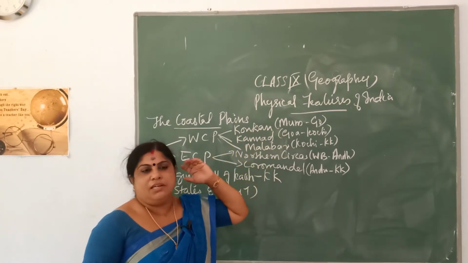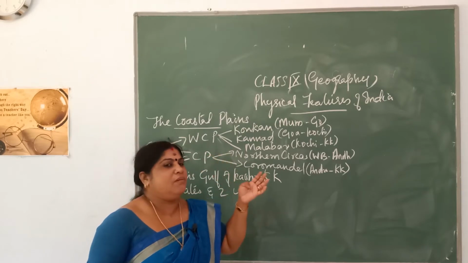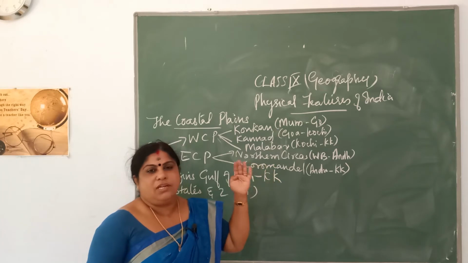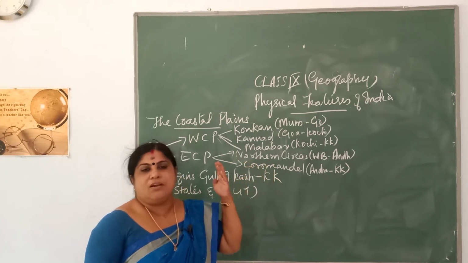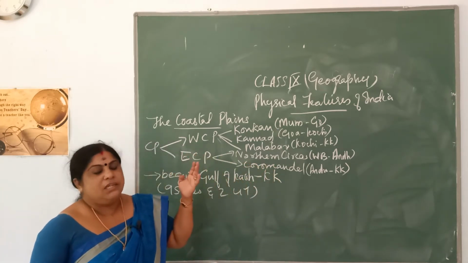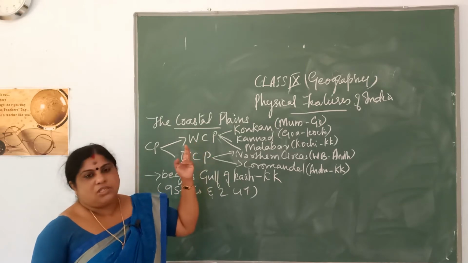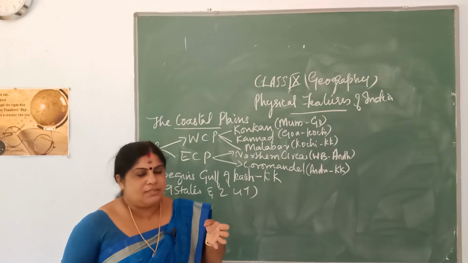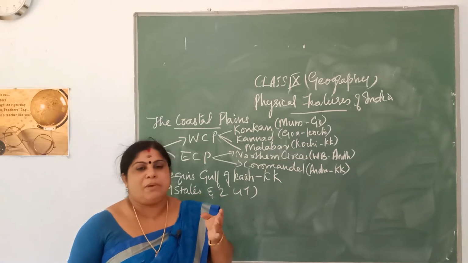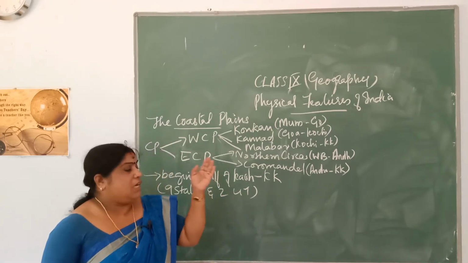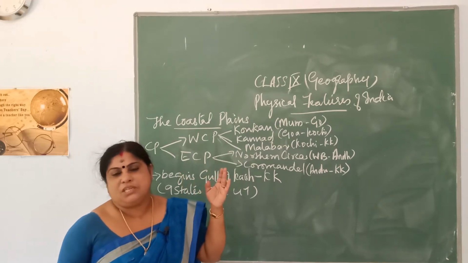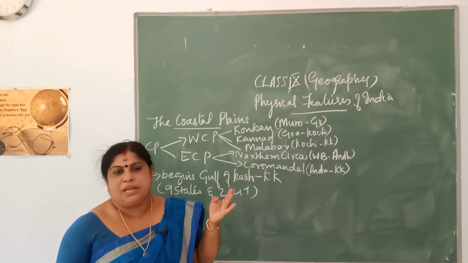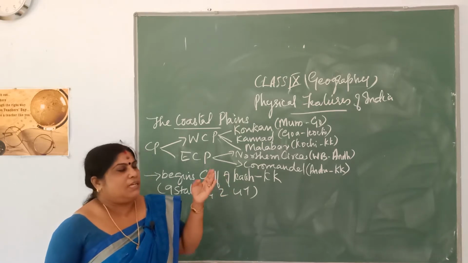We are continuing today the topic physical features of India. Already we have learned different physical features. You have learned the Himalayas, the peninsular plateau, and the northern plains, and in the Zoom class I had already taken the desert. Now you are moving on to the coastal plains, and during the Zoom classes I had already shown you the map where each and every physical feature of India, that is the Himalayas, the northern plains, the peninsular plateaus, the deserts, etc.